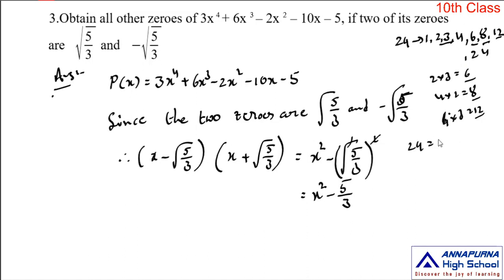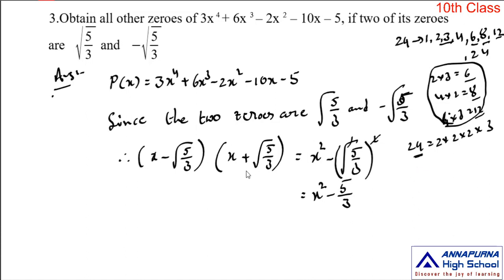So 24, what is the prime factorization? 2 into 2 into 2 into 3. Okay, so in this prime factorization we have two prime numbers 2 and 3. Their product 6 is also a factor. Generally we are not taking all the numbers, just here I am giving a rough idea for this. Okay, so when you find the prime factorization of the given number, the product of prime factors is also a factor of the number. That is also a most important point of factors.